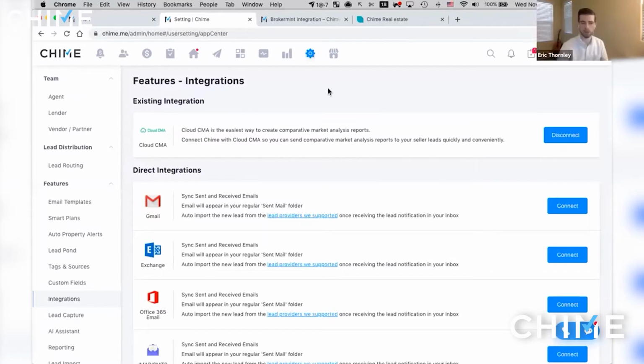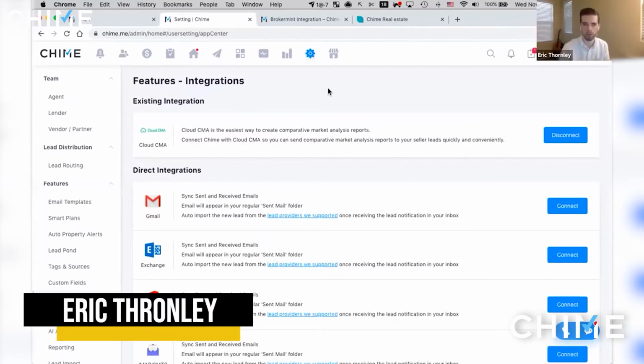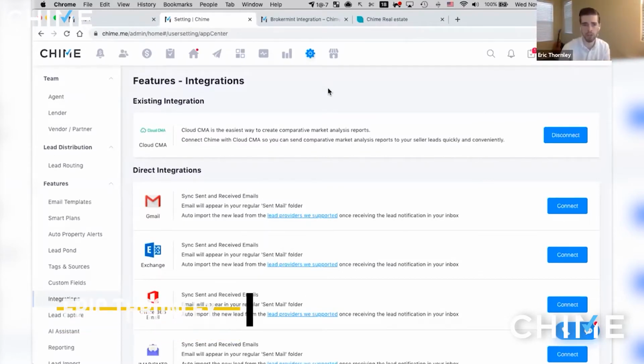I get the opportunity to explore and show the integration between Chime and BrokerMint. We've worked hard at this, and there are some improvements to come to continue to expand on what currently is supported. So right now, I'm going to show you what is currently available, and then we're definitely going to discuss some of the upcoming optimizations that we should see in the next couple of weeks, actually, to improve